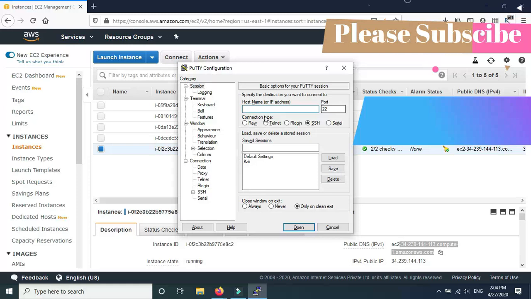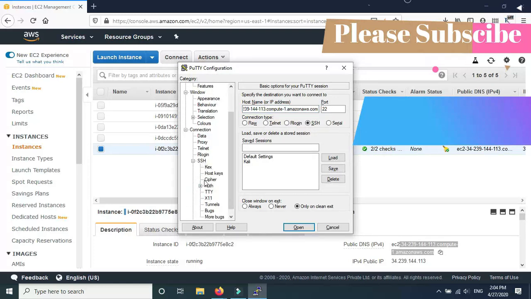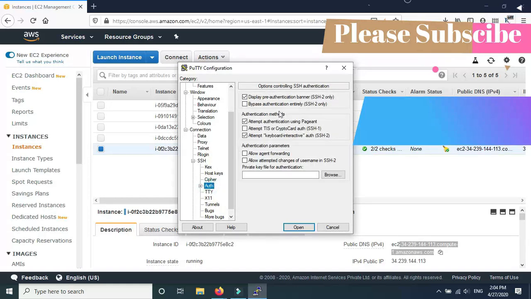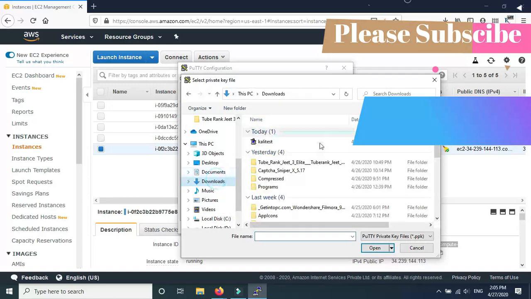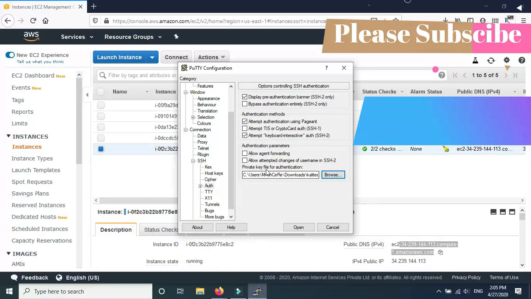You will be greeted with a screen like that. Put the address you just copied. Port will be SSH 22, and here you have to click on SSH auth. Here you have to browse the private key we just created, that is Kali testing. Click on that and open.